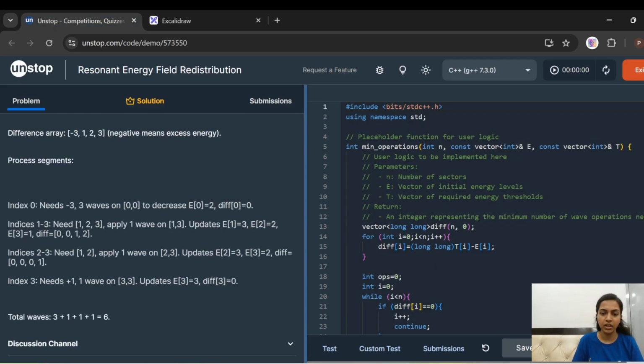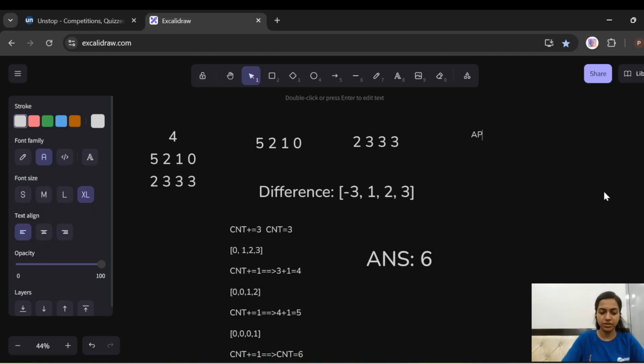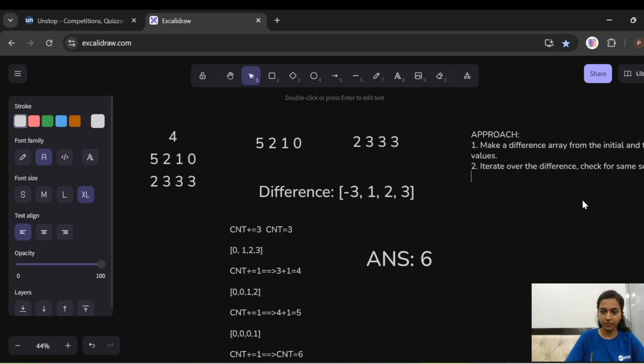6, correct. So I'll just write the simplest approach that we have understood while solving this. So first we will make a difference array from the initial and threshold values. After that, iterate over the difference array. Check for same segments. And if segment same, find the minimum value from that segment,